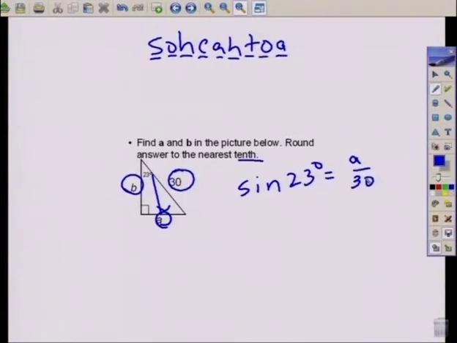So sine of the angle that we know is equal to A, which we don't know, divided by 30. So if I want to find out what A is, I would multiply both sides of my equation by 30. So I'm going to take 30 times the sine of 23. And before we calculate that, actually I've got that here, we should have gotten 11.7. And the cosine of 23